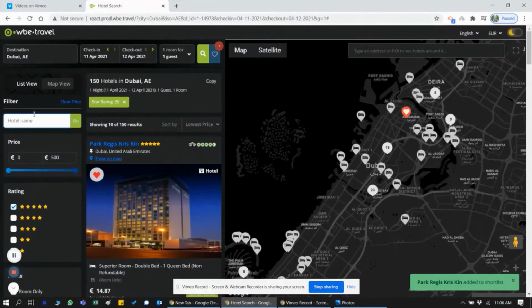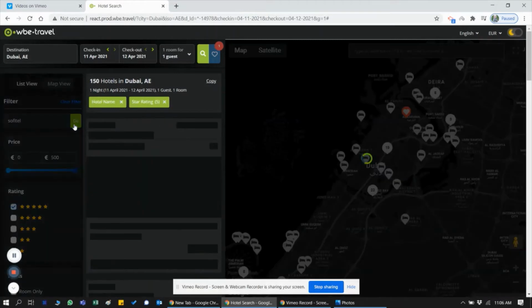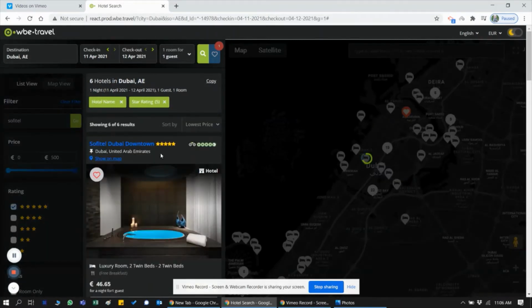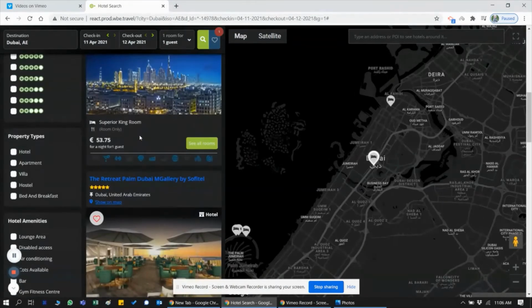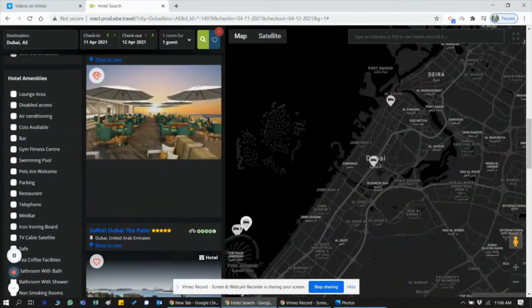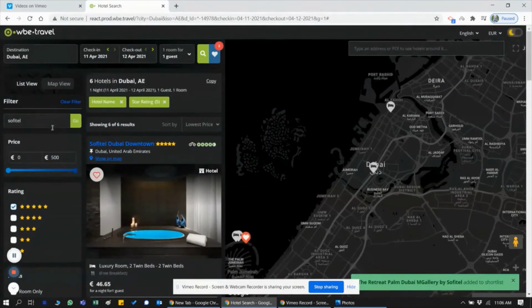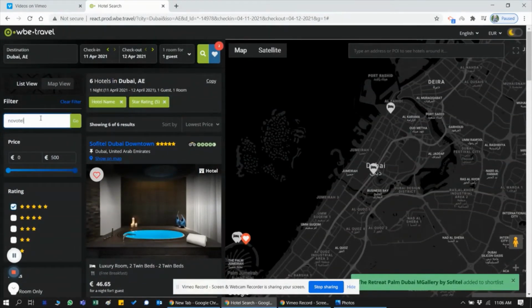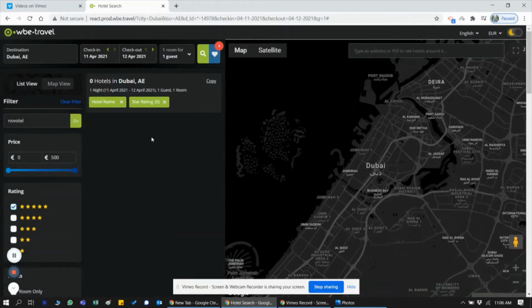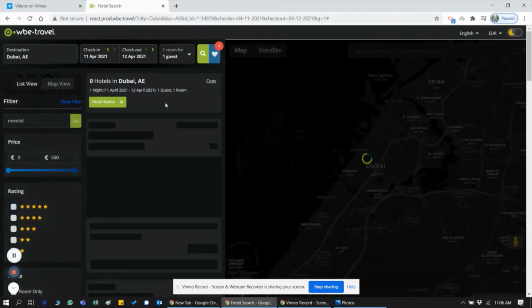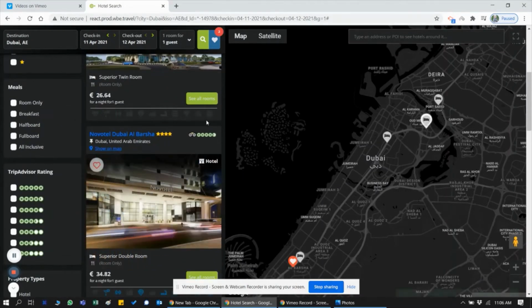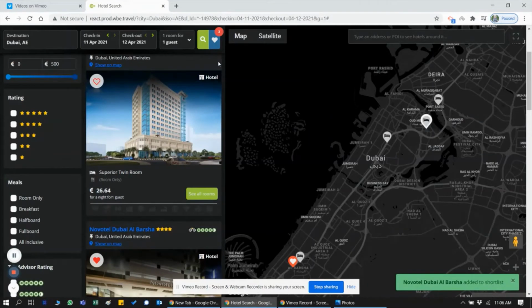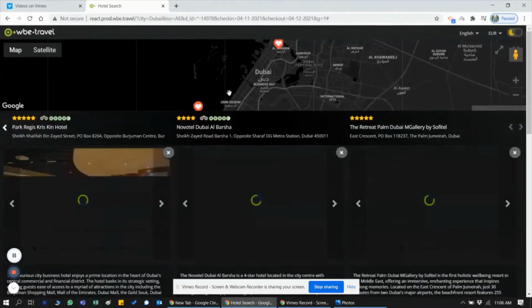Let's search for some specific properties. The canvas. Okay, this looks super nice. And let's search also for a more budget-friendly option. We're trying to mirror exactly what this is, a 4-star, so we have to delete the. Okay, so we added 3 hotels with 3 different price points to the compare hotels tab. And now